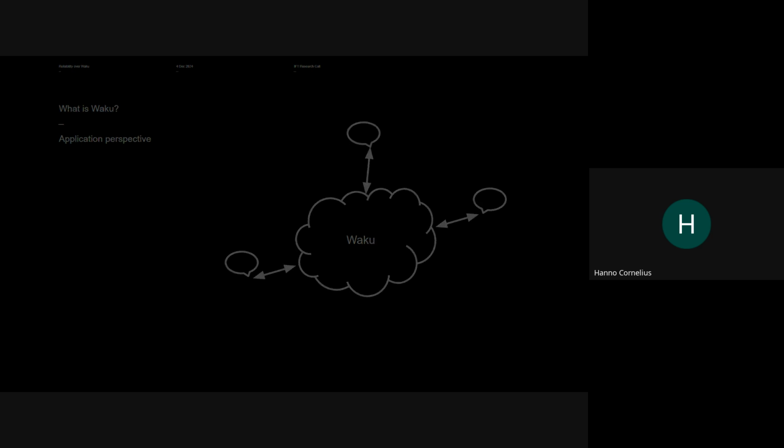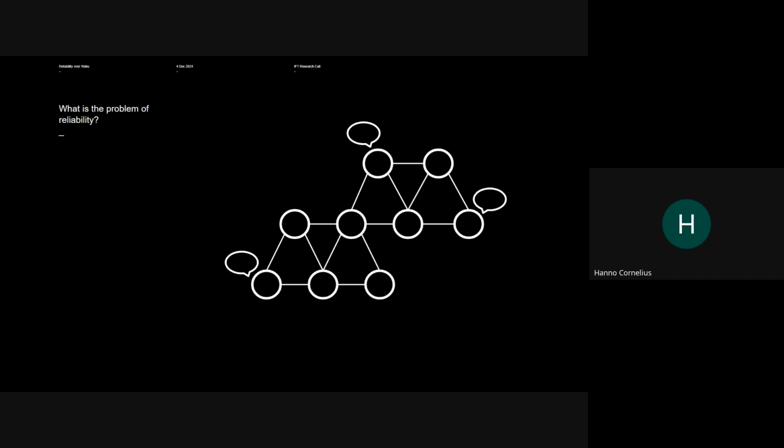So knowing all of this, what is the problem of reliability within Waku? Right? I think it's quite simple from the application's perspective, and this is the most important perspective. What the application wants to know is, do the messages that I publish over this communication medium actually reach my intended recipients? And I would add to this the question of latency. So do these messages arrive in a timely fashion? That's also an important consideration for us under reliability.